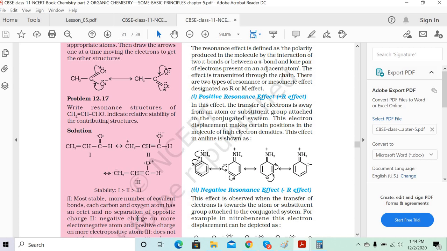Yes, sir. Clear. Next, now carbon has developed a positive charge. Another possibility is that oxygen can develop the positive charge. When oxygen forms the single bond, oxygen can also give the electron to carbon. Carbon can form the double bond with the CH, and then the CH can develop the negative charge on this carbon atom. So all three possibilities are happening.